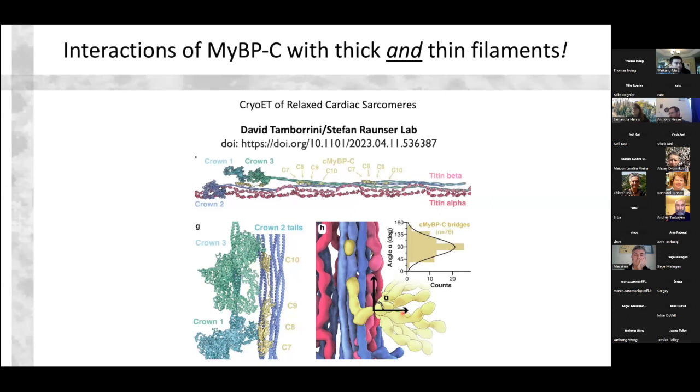And so he plots the average 90-degree angle at which C protein goes up towards the thin filament. But, and we talked about this yesterday, in his reconstructions the N-terminus of C protein is lost in some ways, so it could not be resolved from this.